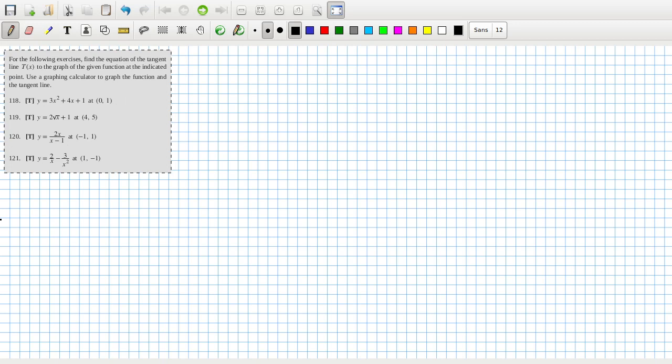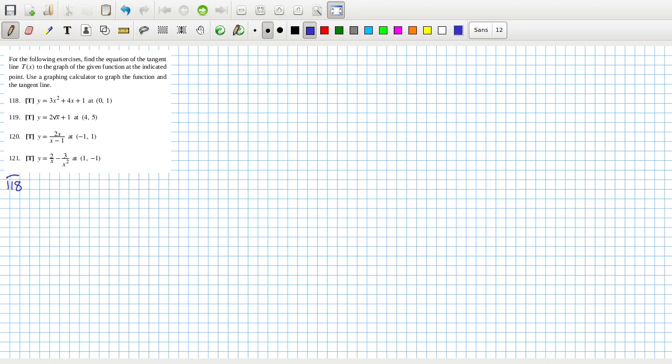For the following exercises, find the equation of the tangent line to the graph of the given function at the indicated point. Use a graphing calculator to graph the function and the tangent line. Okay, so let's start with